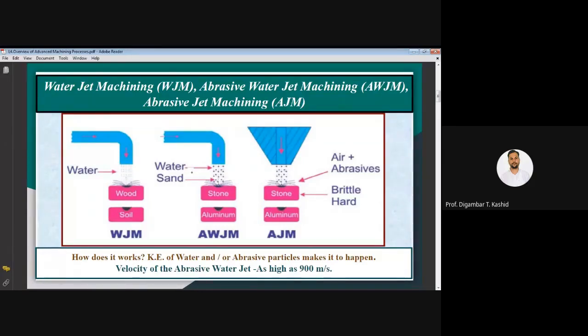So now let us see the working principle of some of the non-conventional machining processes, or the advanced machining processes. To understand the concept of any process better, we should go another way, that means by taking some examples or day-to-day life events. So to understand them in a better way, consider some examples of events which we see every day in our life. So if you see the first figure,